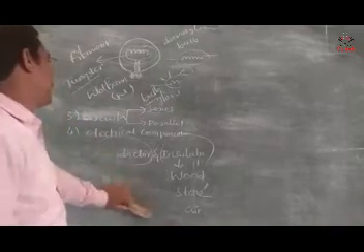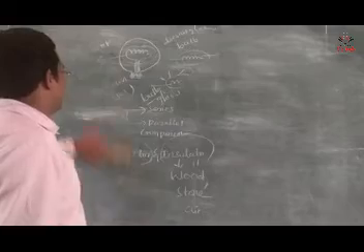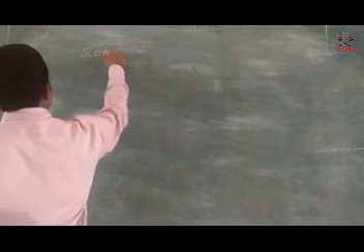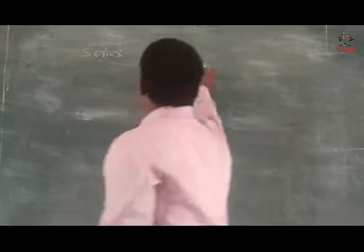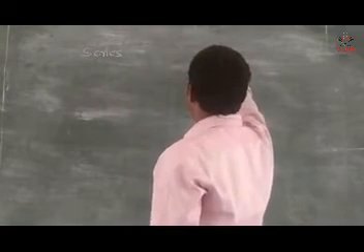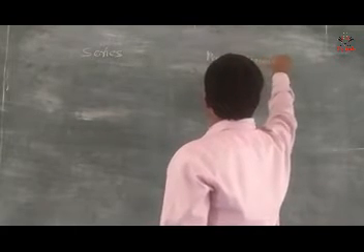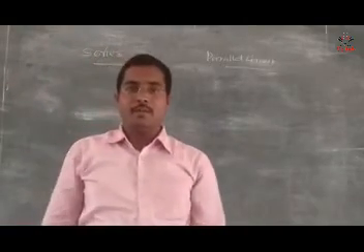Next, we come to the types of circuit. So what kinds of circuit do you know? Now we discuss two kinds of circuit. One is series and the second one is parallel circuit. So what is the difference between series and parallel?